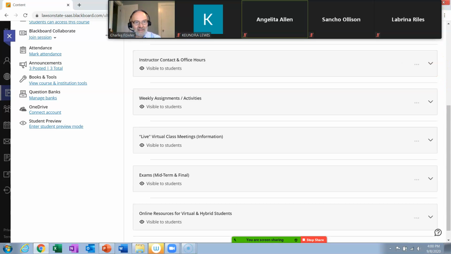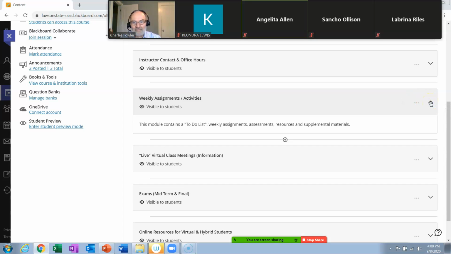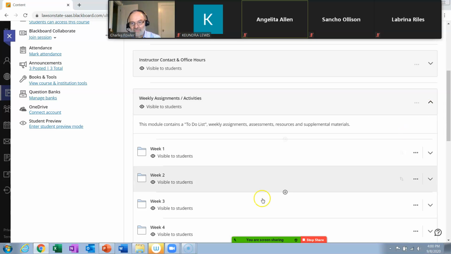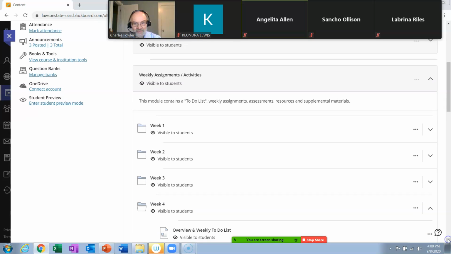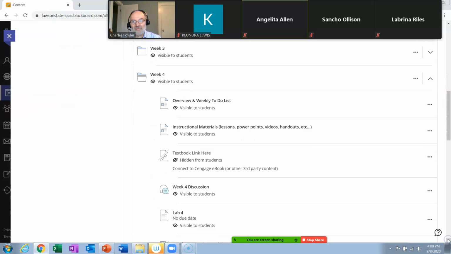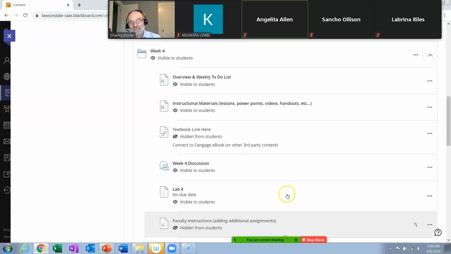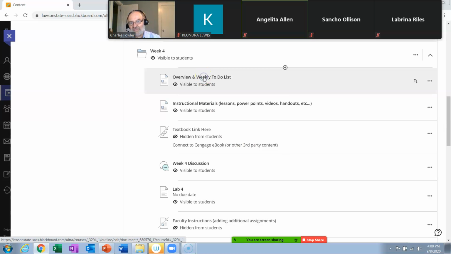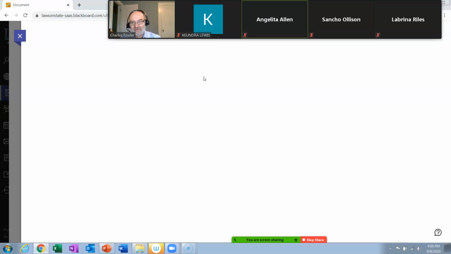Okay, now I can go to the down arrow here if I can get my cursor in place. Now, there's the weeks. We're in week 4, which, by the way, is getting close to the middle of your mini term. When we finish this week, we're supposed to be halfway through the course. So we've got some ground to cover, but we're moving along pretty well now. I tried to open that. I just can't see if it's open. Yeah, here it is. Okay, I'll show you all the stuff from this week. Here's the overview and weekly to-do list. I updated this sometime recently, last night or sometime.